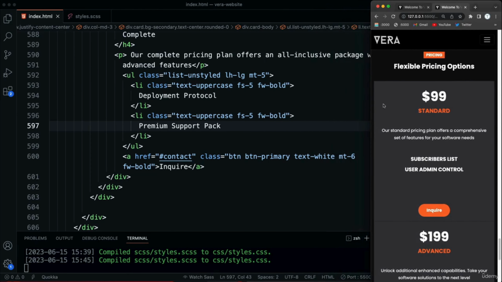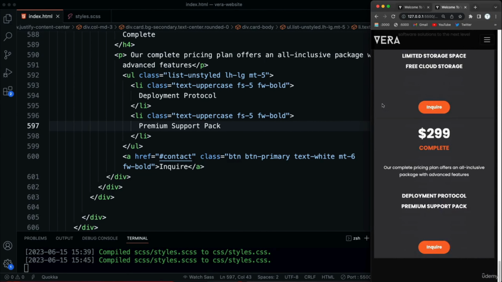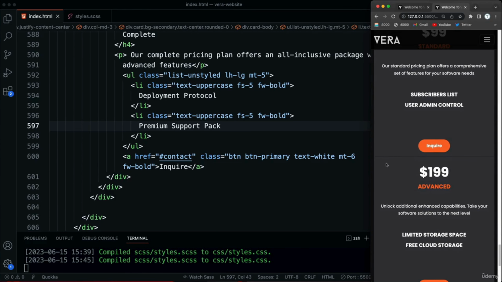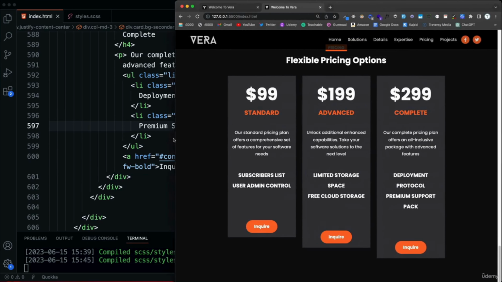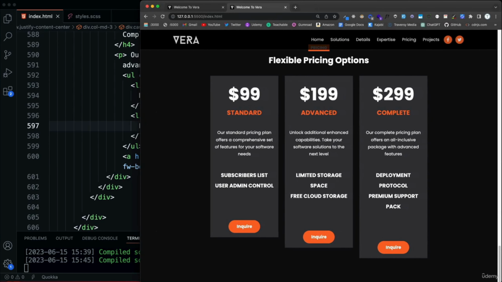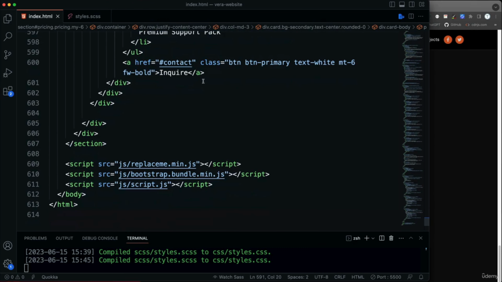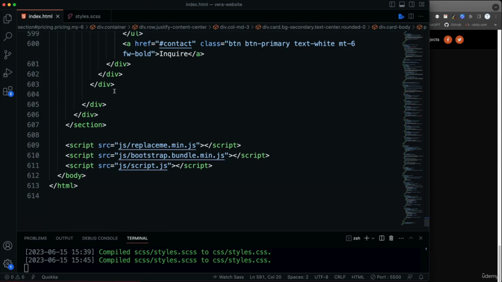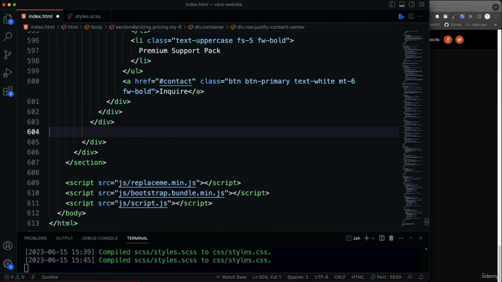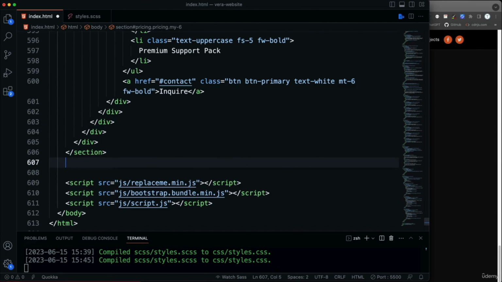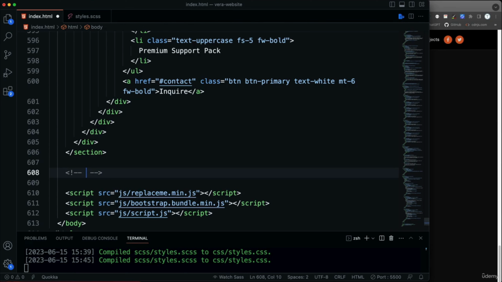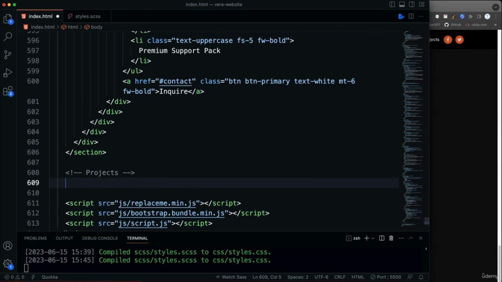And on smaller screens, they're going to be stacked on top of each other. You can put some space in between them, but I don't think it's bad to just leave it like that. So now we're going to do the project section, but we're going to do the project modals in the next video. So let's come down here to the bottom, and we'll say projects. And this will be a section with the ID of projects